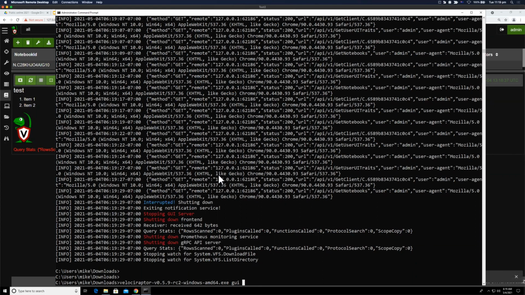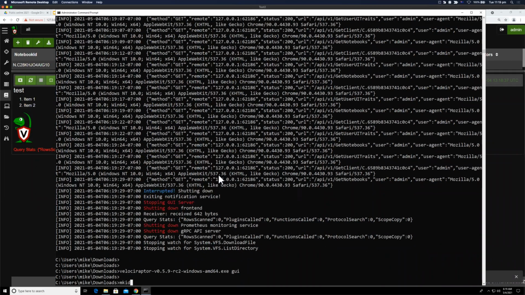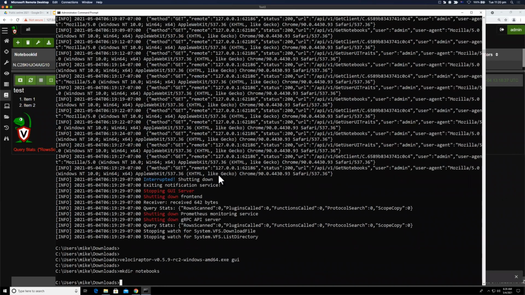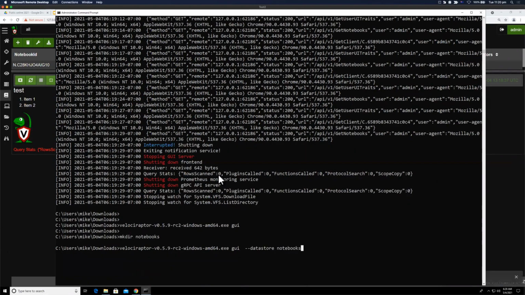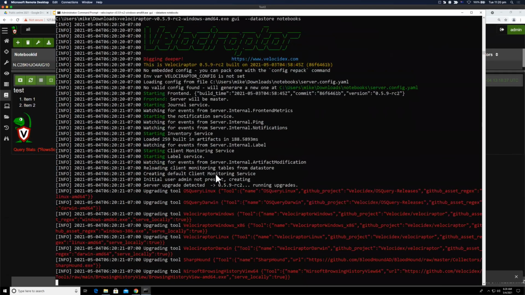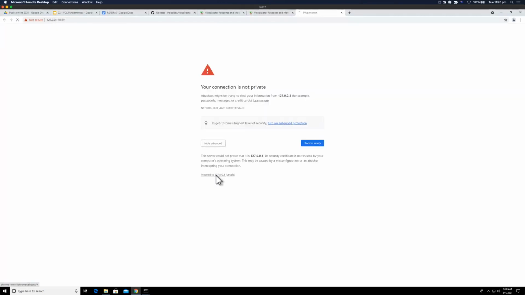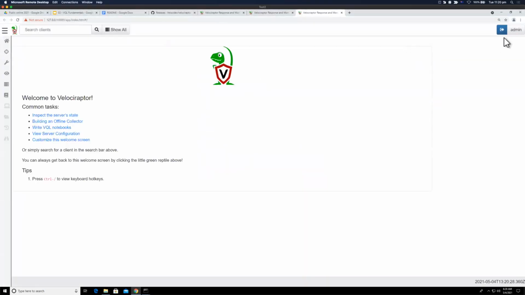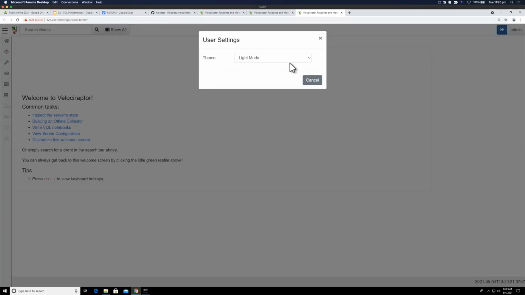So if you're going to keep that for any time, then what you really should be doing is creating a permanent directory. So for example, let's say I create a notebooks directory, and then I can just use the data store flag to tell it to store the data store in that directory. And so that directory doesn't get cleaned up, it's not a temp directory, right? And it does the same thing, and it will basically start from scratch, creating even new keys and new everything, right? So you see, it's completely different. It's just like having a completely new